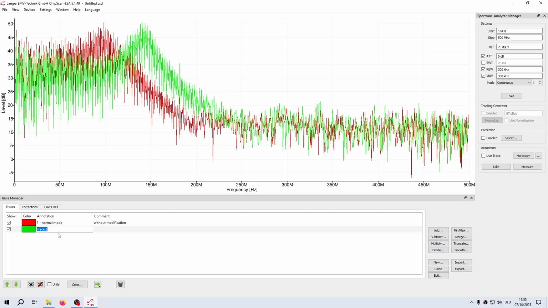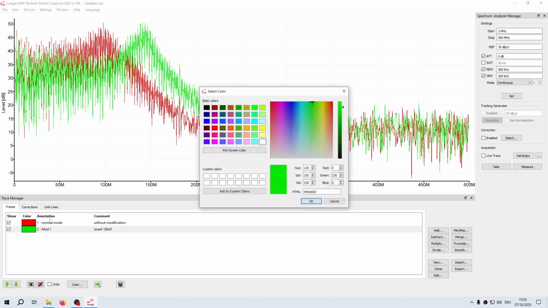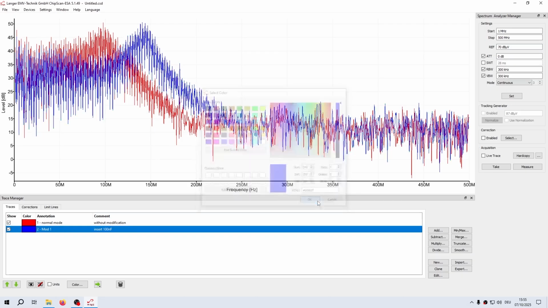Then you say, for example, this is my second measurement, modification 1, and then insert 100 nanofarad. So, for example, give it another color, and then you can switch it on and off,